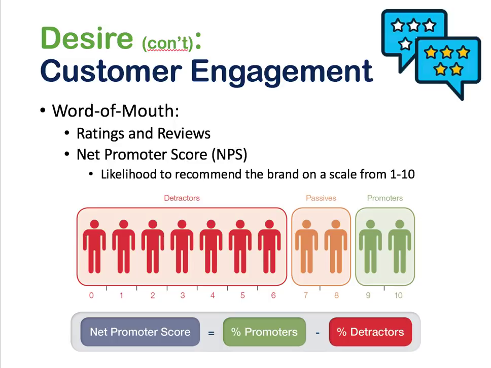Typically, you'll see Net Promoter Scores of around 30% for a company that's doing well. But if we really want to move the needle, increase engagement, and leverage that word of mouth, there are some companies like Amazon, for example, where their Net Promoter Score will fluctuate somewhere between 50 and 60%. It's not likely that we're going to get something in the 80s, 90s, or close to 100% range because we're always going to have people that are dissatisfied.